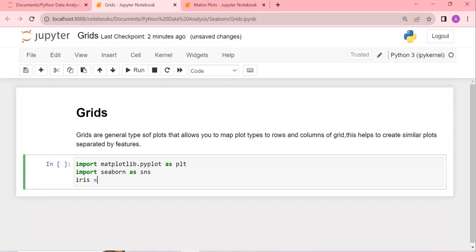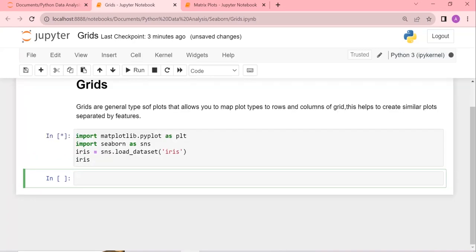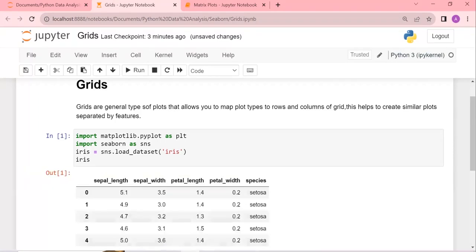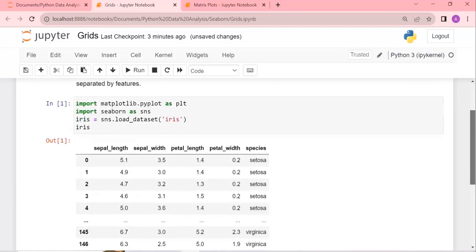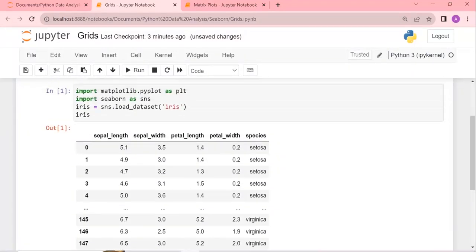So here I say iris data frame equals sns.load_dataset and then iris. Let's go and check iris. I'm taking the data frame iris. So there we go. This is the iris data set available in Seaborn, having 150 rows and 5 columns. So columns are sepal length, sepal width, petal width, and species, out of which species is the only categorical column